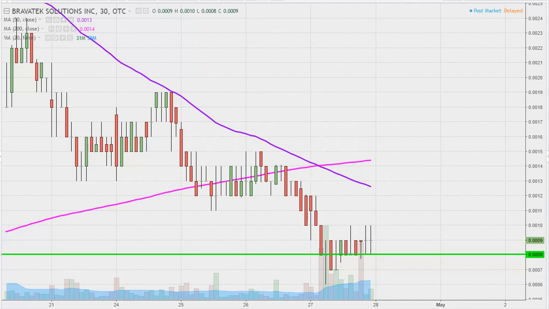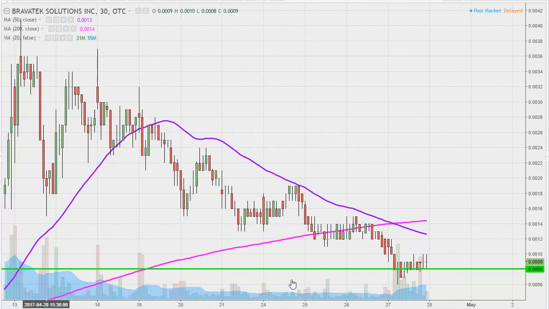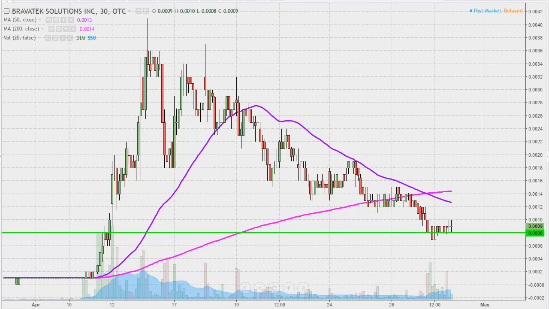So the bears are back in full control. And how can I say they're back in full control? Well, to give a little bit more context, you can see that it's just been lower high after lower high. And then on top of that, the price is now below both long-term moving averages. The purple line there, which is the 50 period, the pink line there, which is the 200 period,